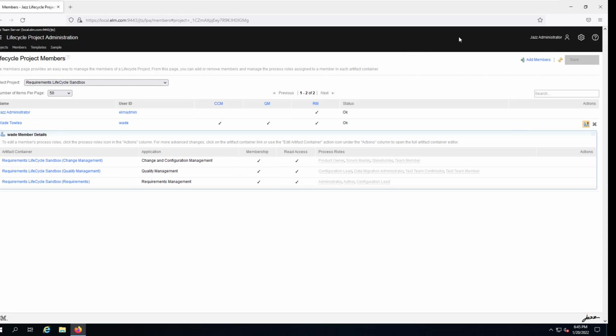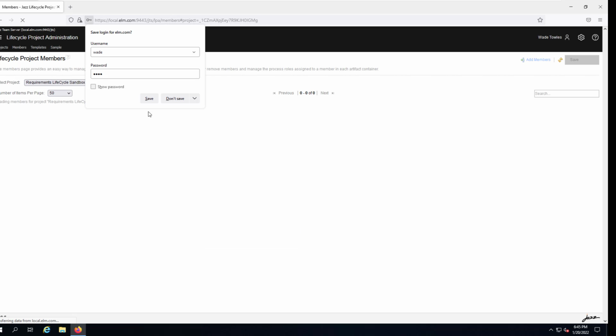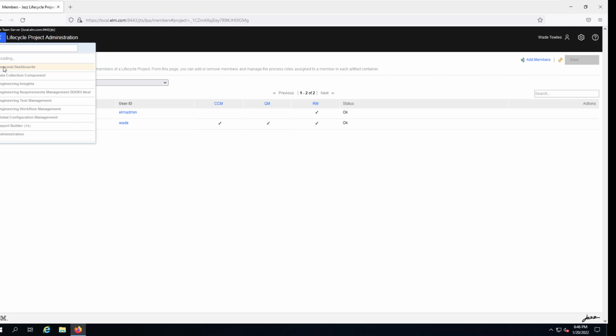Now let's go ahead and we'll log out of the Jazz administrator, and we'll log back in as the newly created Wade account. Remember that the ID is initially the password. We're not going to save that. Now, because I'm an administrator, I can also see additional things that the administrator could. But what I'm going to do at this point is go into my personal dashboard,